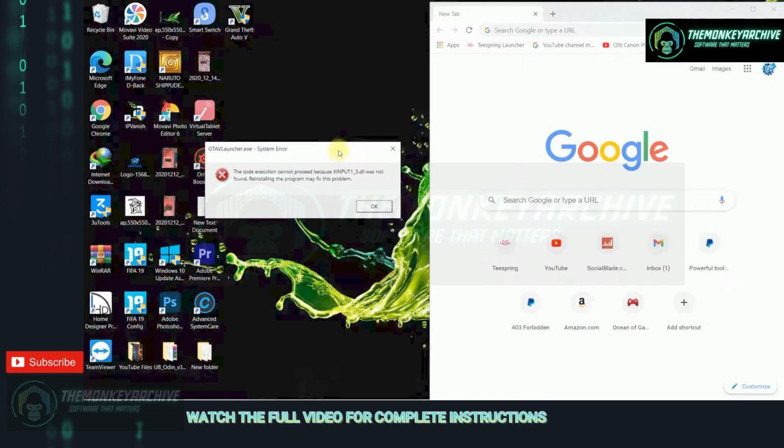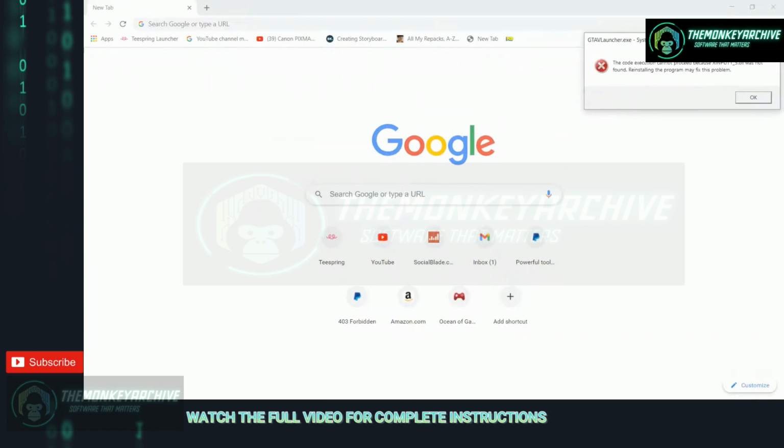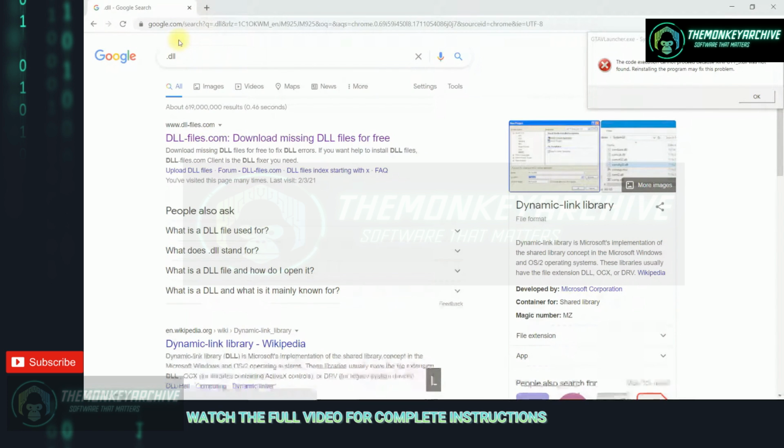Let's just move this over for a bit, maximize this, and just put this right here for the time being. Alright, and you're going to search .dll on Google. And this one right here at the top, this link that says dll-files.com, that's the one you need to select on. As you can see, at the top it says